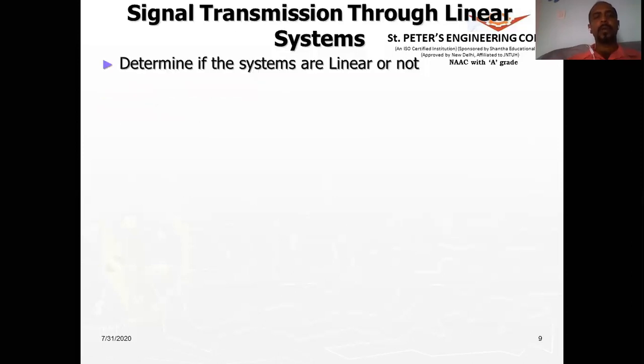Okay, let us look into one last problem. y of n equals e power x of n. So what is the operation being performed here? The input signal x of n is raised to the exponential, e to the power of x of n. Okay, now let us see whether it is linear or non-linear. Any guesses from your side? Okay, let us check. Keep your answers, because sometimes we just guess by feelings. But let us see by mathematically solving it.